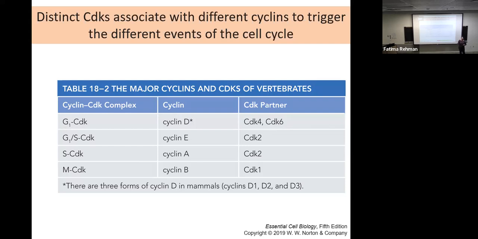But in the chart, should we pay attention that there are 3 forms of cyclin D, or just this one? For what you need to know for now, it's this. Yes, this will become a little bit important later, but that's a minor point. The biggest point is that you have these 4 cyclins, each one can be used to examine the cell cycle.